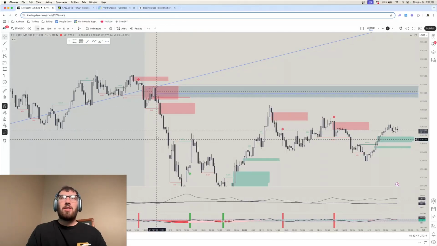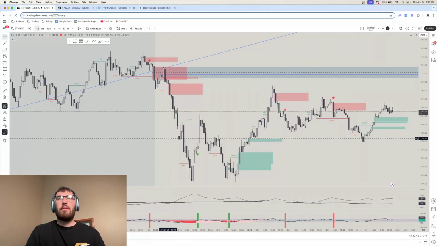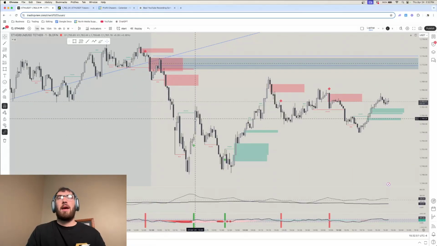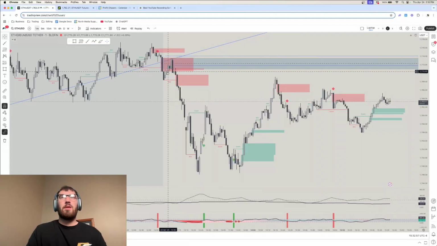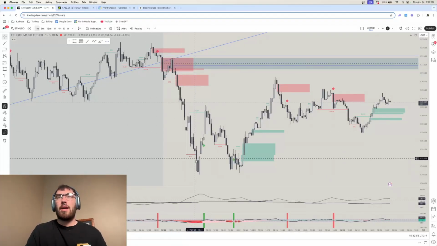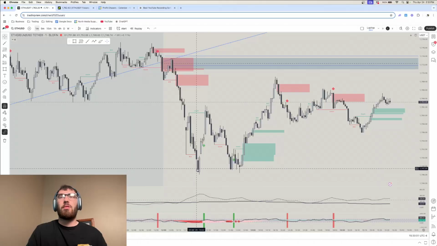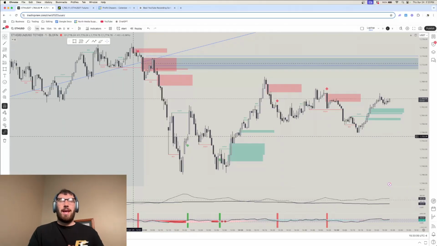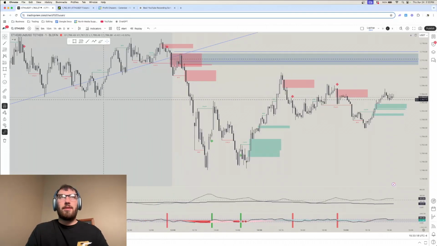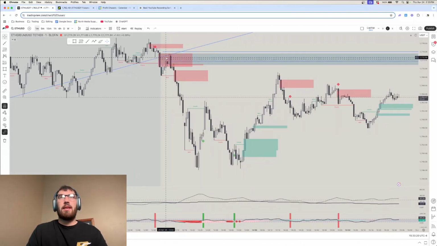And then we got to ride this all the way down until we got stopped out once this changed character right here. And then as you guys can see, we rode this absolutely down to the ground, and then we left a free runner that ended up getting stopped out right here for more than a 1 to 8 risk to reward. And if we look at this trade and come back here, we can see at this time